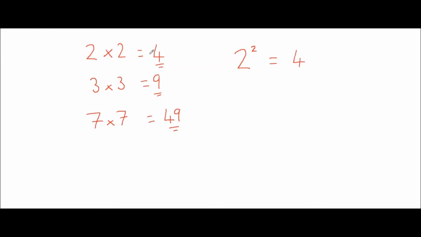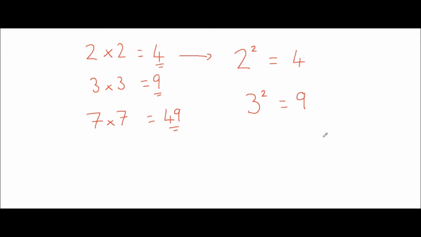It's the exact same as the one that we did up here, apart from we write it in a different way. So 2 squared. Let's try the 3 multiplied by 3. We would write the 3, and then we write a little 2 up there, which means 3 squared. 3 is being multiplied by itself. So 3 2 times, 3 times 3. So we write a little 2, and as we said before, that would give us 9. So that's what square numbers are, and that's how we work them out.